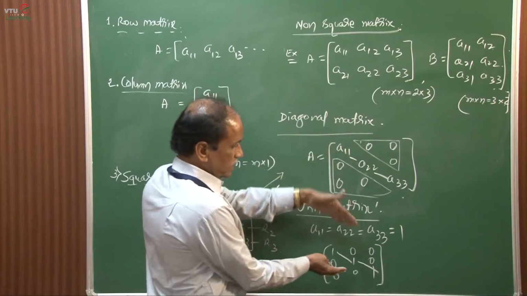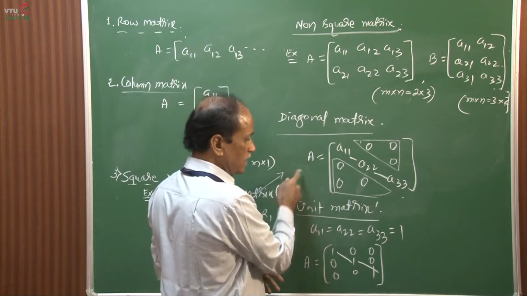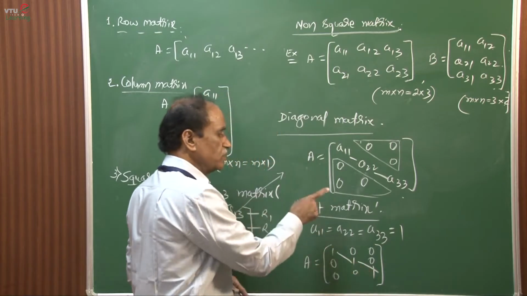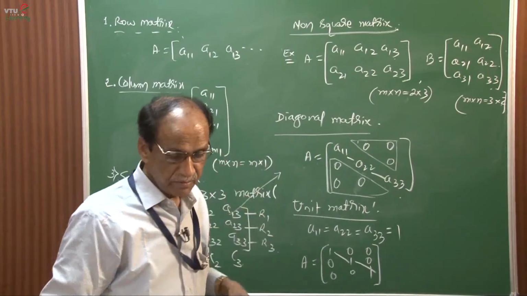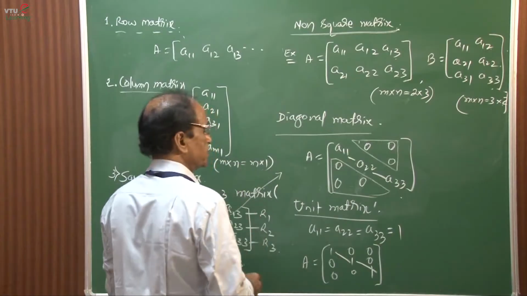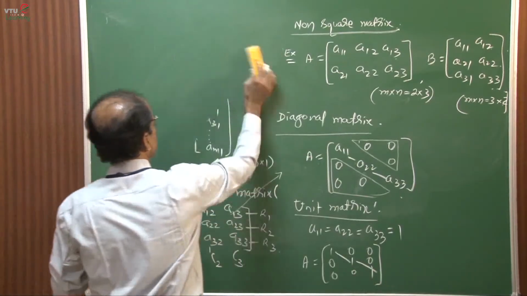That means here they are 0 but not 1 1 1, that is called diagonal, but 1 1 1 is called unit matrix of the same type. And next, that is symmetric matrix and skew symmetric matrix, null matrix, like that. Next definition is